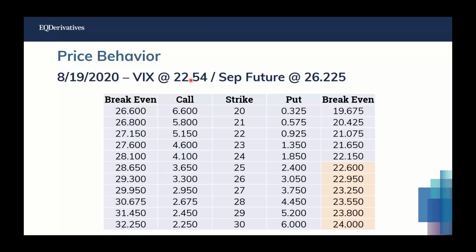You can think of VIX as the instrument to focus on here, not necessarily the futures contract. When we demonstrate time decay, we always say, here's time decay if the underlying market doesn't move at all. So if VIX is at 22.54 and we buy the 30 strike put for $6, over time